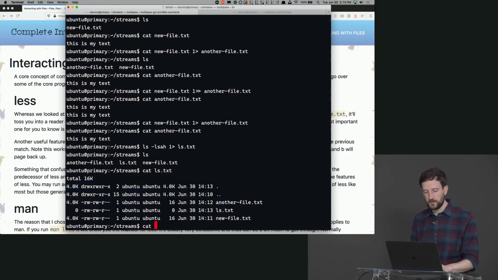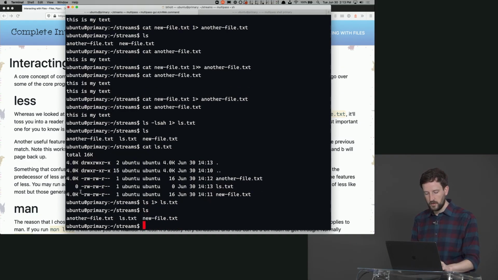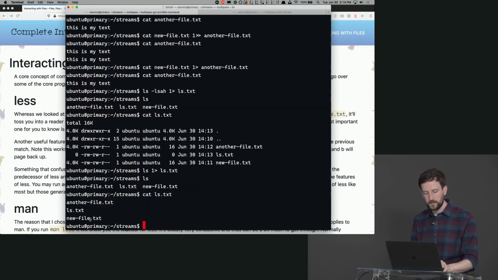Something that's kind of interesting, if I do ls into ls.txt, so if I do ls right now, it does it this way, where it's just 1 file per line. If there's a directory in there, it'll actually colorize that for me. But right now, if I cat ls.txt, notice that they're on new lines, and no color would ever show up here. That's because a program can detect that it's being redirected, and it can reformat itself to be more machine friendly, right? And so this is more machine friendly, where it's 1 file per line. It's kind of interesting.